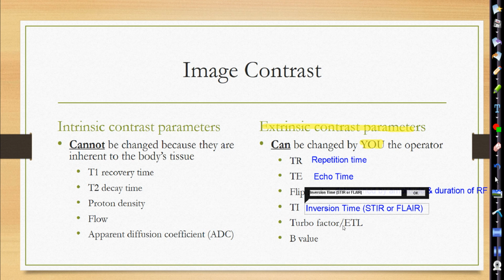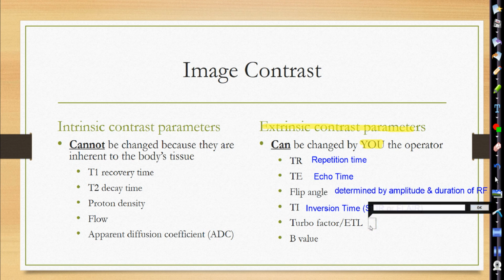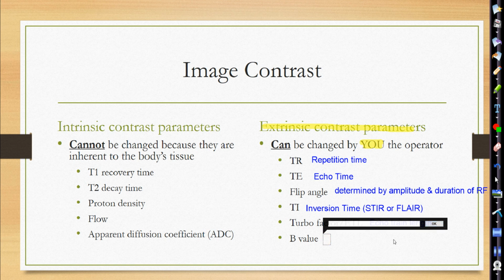Turbo factor, we'll talk about that, but it can also be considered what we call echo train length. So ETL stands for echo train length. And then our B value